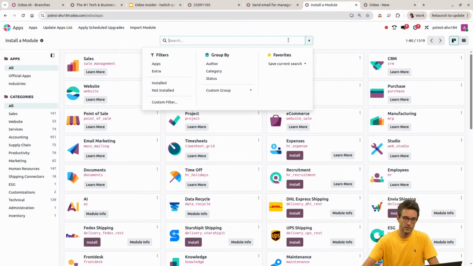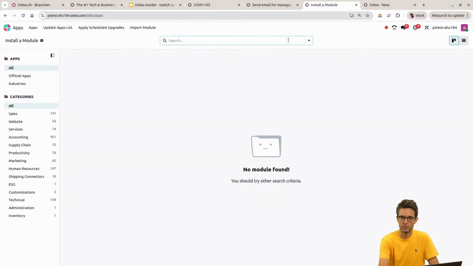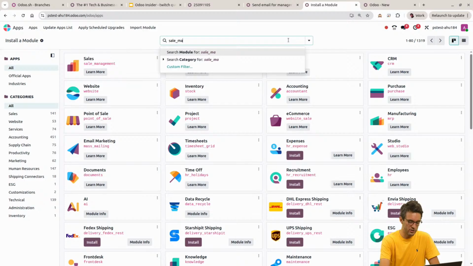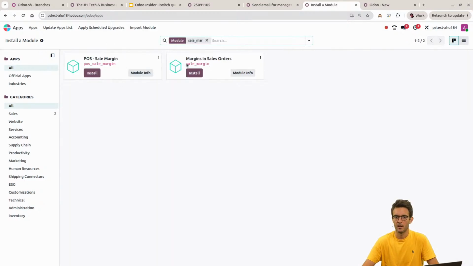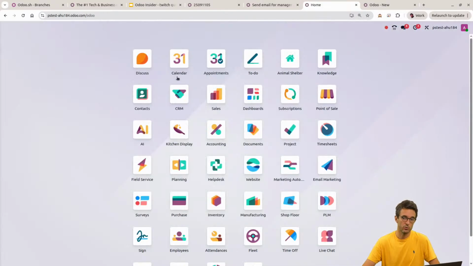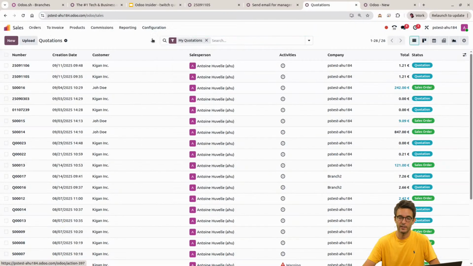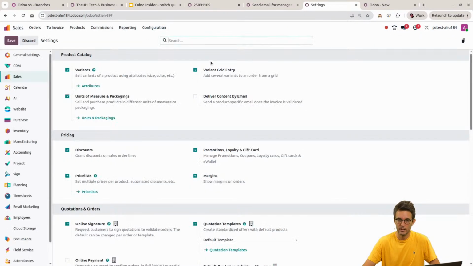The example I'm always taking is this one, sale margin. You see it's just a small module here. If you install it, it's going to add just a few extra float fields on the sale order, just to compute the margins. You don't always need that, but by clicking on that installation module, going in the settings, what it did was